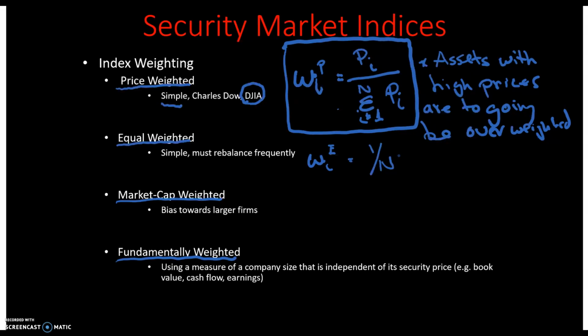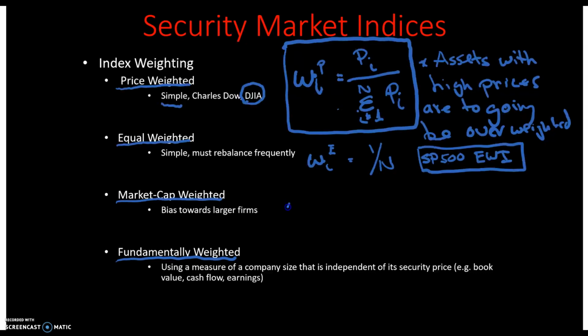It's simple. We don't see a whole lot of equally weighted types of indices. One very popular type of index is the S&P 500 EWI, and EWI stands for equally weighted index. So if you wanted to look at how an equally weighted versus a market cap weighted or a price weighted index works, you could compare some of these. We'll look at the next one here, which is going to be market cap weighted, the most popular.